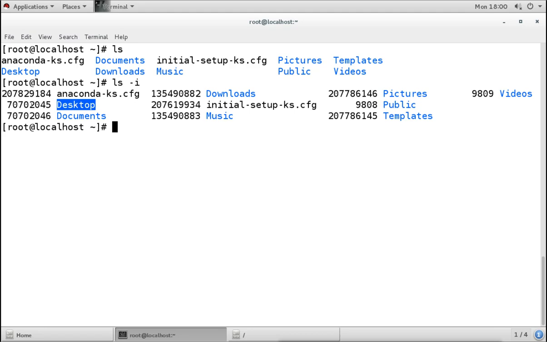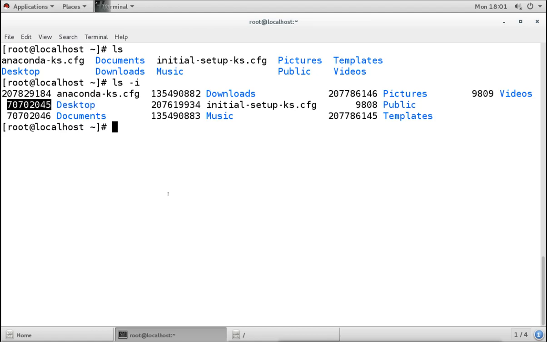Now this inode number will not be the same. This will be different. So if I want to see the desktop directory of the root user, then instead of the name I can find it through this inode number. Because the inode number is unique, if I tried to find it with the name, I could find multiple directories having the same name, desktop. Every user's home directory contains desktop, but you don't know which one you want. We want the directory of root, so we can do it by using this inode number.